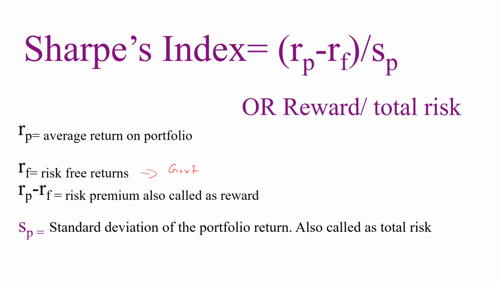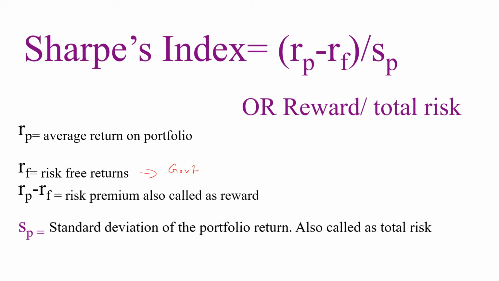In the problem, sometimes this risk-free return may not be given. It will be written as returns from government securities. That can be safely assumed as the RF value, and it is divided by standard deviation of the portfolio. Standard deviation of portfolio measures the risk. We have seen several sums on that. So standard deviation is actually measuring the risk of that entire portfolio. So three things we are using. You're using the returns of the portfolio, risk of the portfolio, and the risk-free returns.